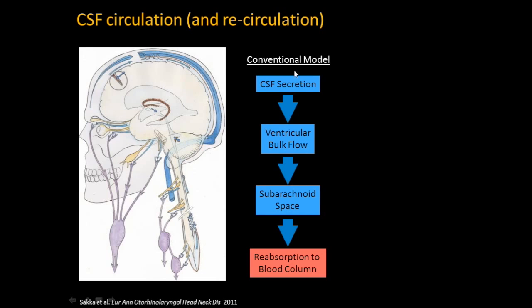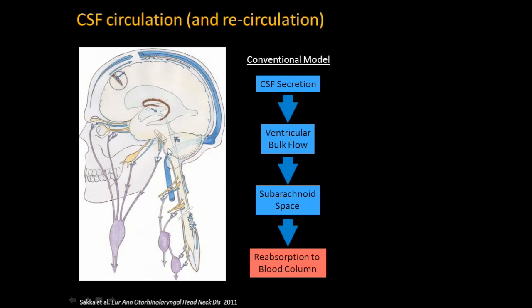So then, where that left us was with maybe a rethinking of the textbook version of what the CSF circulation is. The textbook version is CSF is secreted, moves through bulk flow through the ventricular system into the subarachnoid space, from where it is absorbed one way or the other back into the